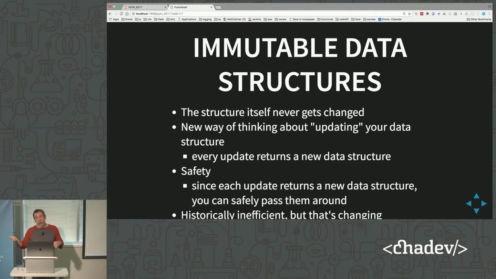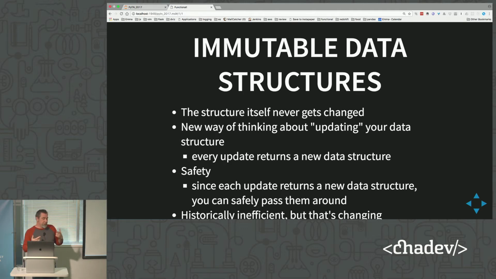You pass a data structure along and someone changes it somewhere and you're not expecting it to change, and it changes out from under you, and what you have is not what you started with. With immutable data structures, if you're not used to working with those, the structure itself never gets changed. You create a list, you pass that list along, that list never gets changed. You can be assured that whatever you pass to someone else, whatever they do to it, it's not going to change your list because your list is immutable.